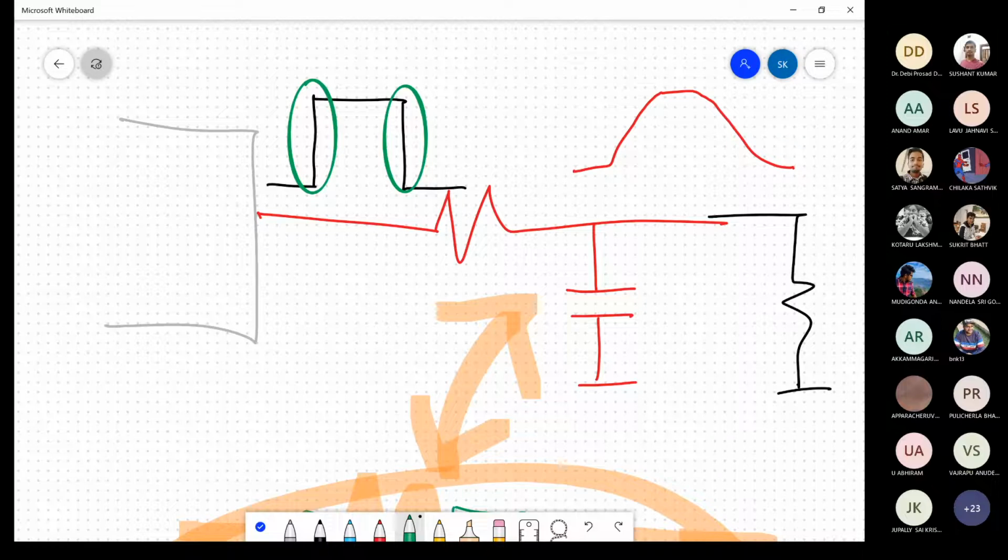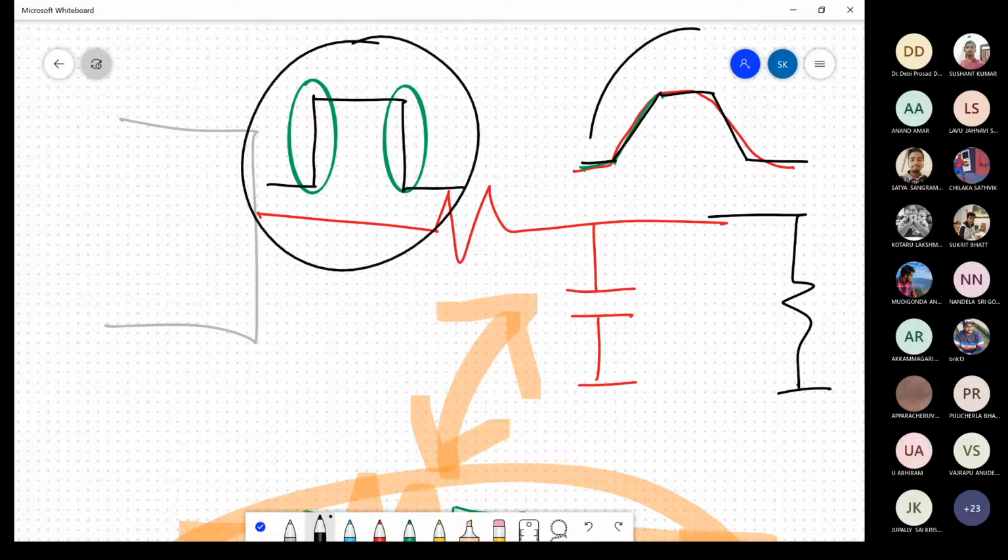So if the higher components of the signal are gone, what you get on this side is this red signal. So that's the red signal. So this is the red signal which I get. Right? Now, if you look at this signal and you look at this signal, right, and you come back to